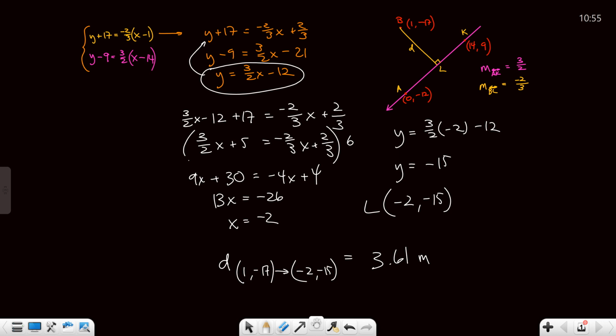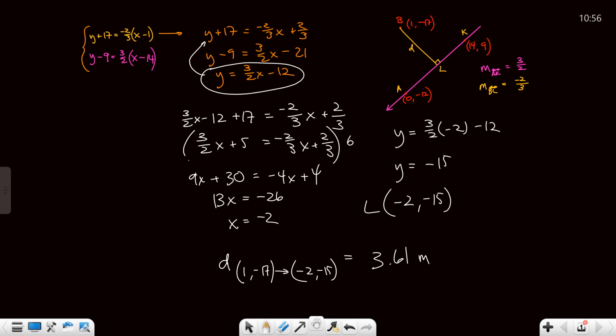The yellow line and the purple line intersect at the point where Brandon enters the river. That's the point that we need. So we solved that. That's what all that white work is. It's the system of equations to find the point of intersection. Because you'll remember, like I said, way back when, solving systems, I kept burning into your brains that a system of equations is the point of intersection between the two lines. That allowed us to find the nice pretty point of negative 2, 15, which made me very nervous that I would be dining on a chair. But fortunately, when we plugged that into the distance formula, we got a not so pretty answer of 3.61.